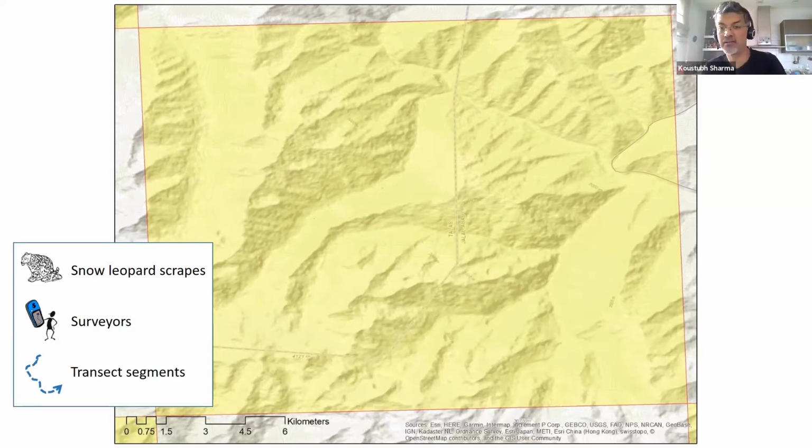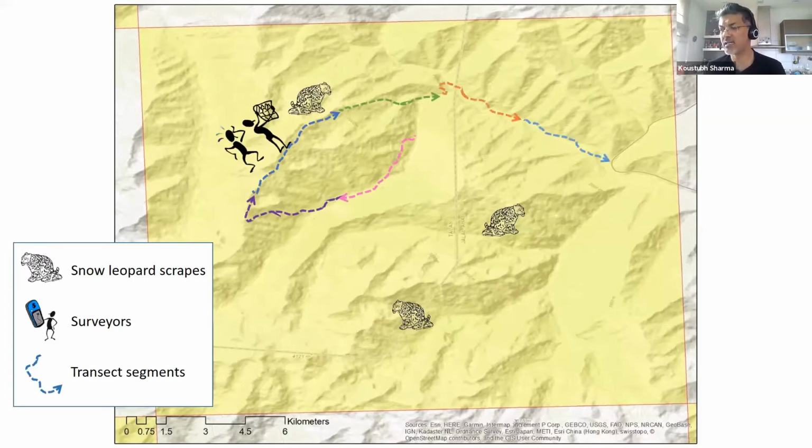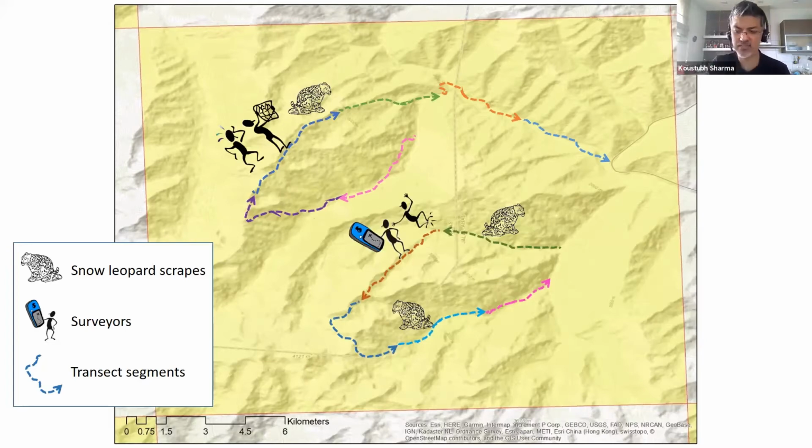is not that difficult. Now, the first example we're going to review here is how sign surveys typically look. In this case, a surveyor is, that's where the snow leopard's leaving scrapes. And you might plan some surveys, and each segment can be defined as whatever, half a kilometer, 1 kilometer. That totally depends on what length is optimal in your case. But once you have collected the data, you end up collecting some information along each of these grids.